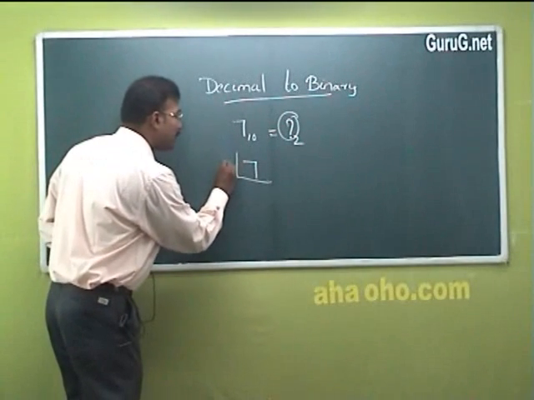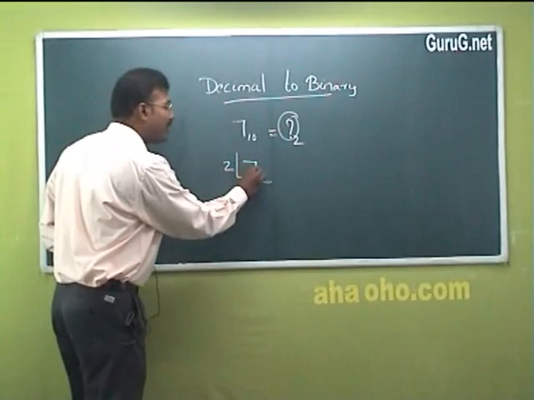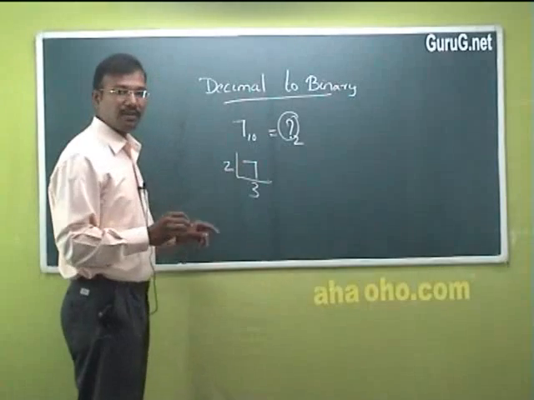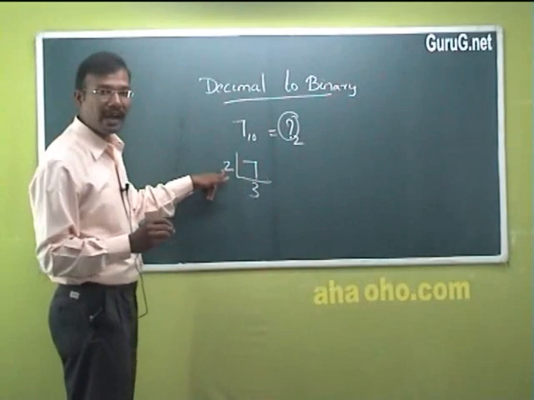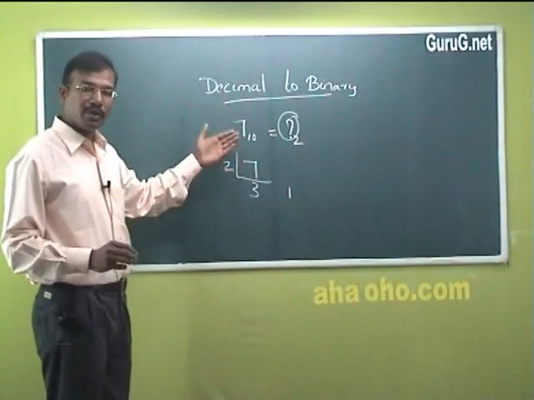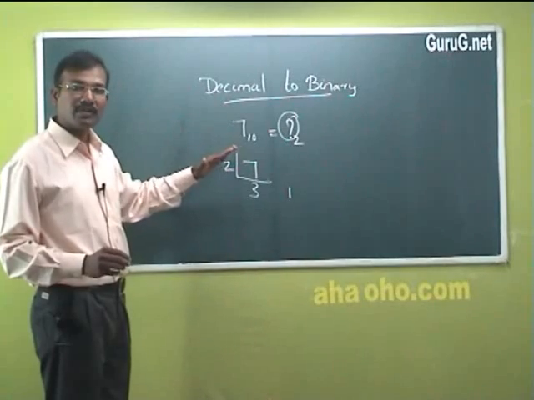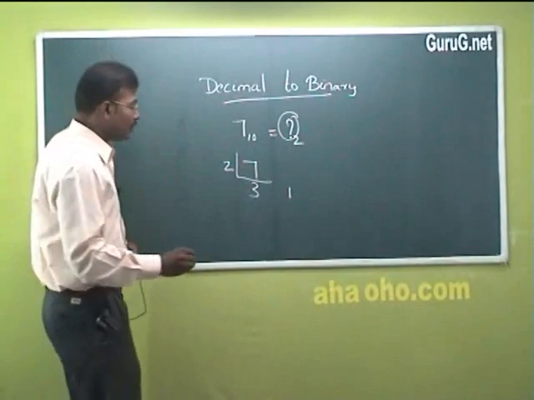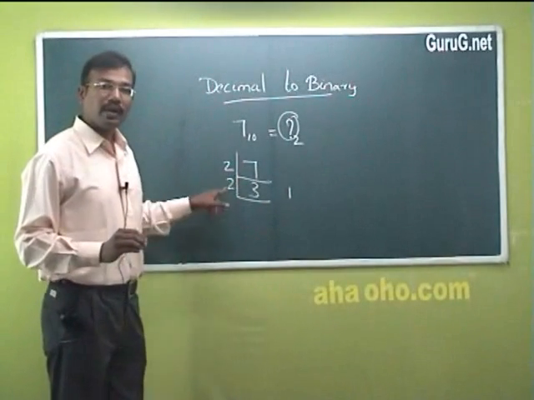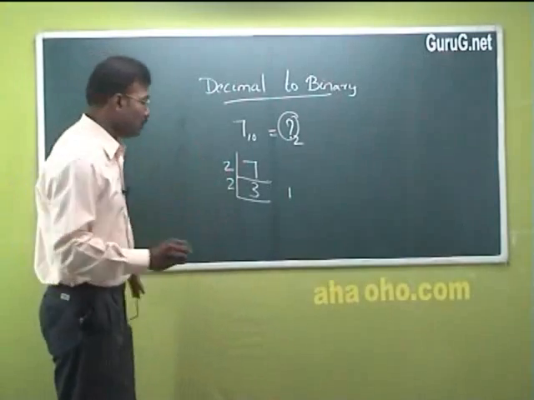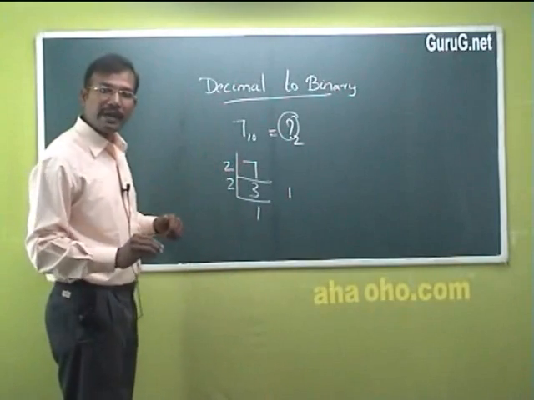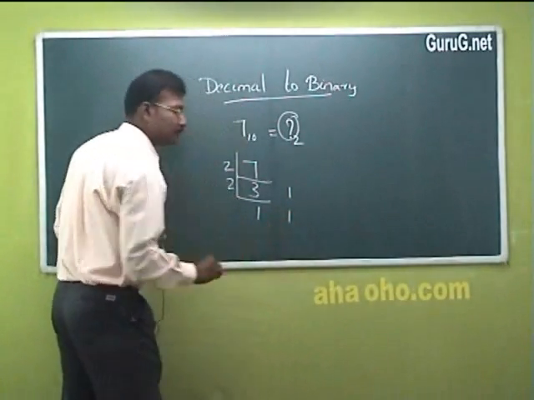What will happen if you divide 7 by 2? You can divide it like this. There is 3, 3 is the value. 3 into 2 you will have 6. The remainder will be 1. And you repeat this same step until you are not able to divide this particular value by 2. For example, again you are dividing the 3 by 2. You can divide it once. 1 into 2, and the quotient will be 1. And what will be the remainder? The remainder will be 1.